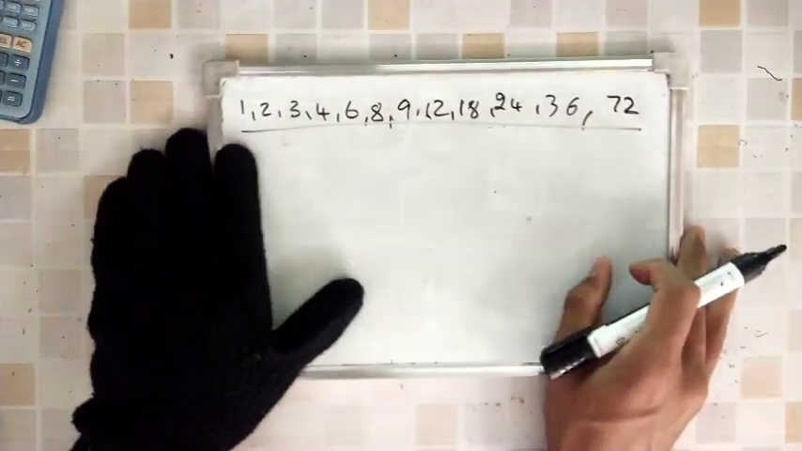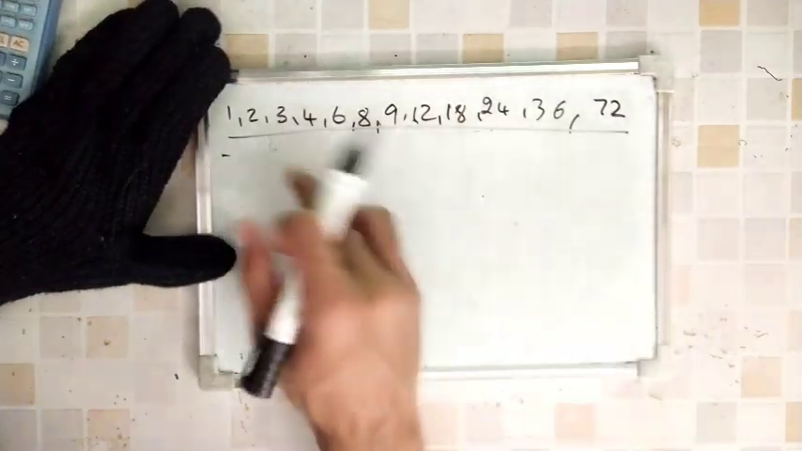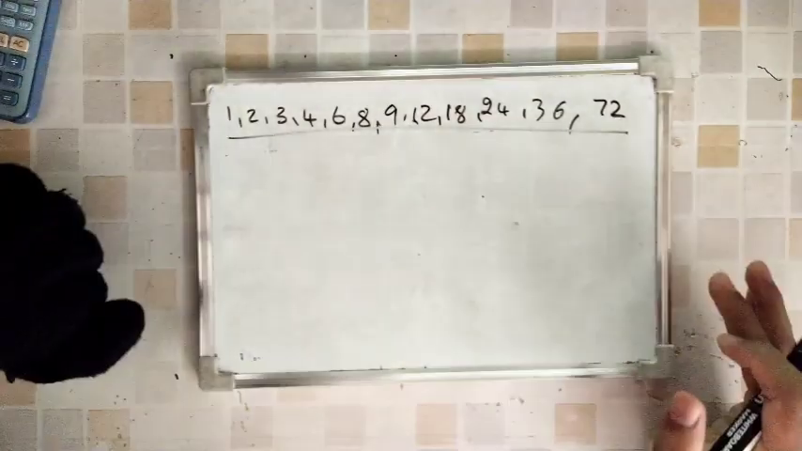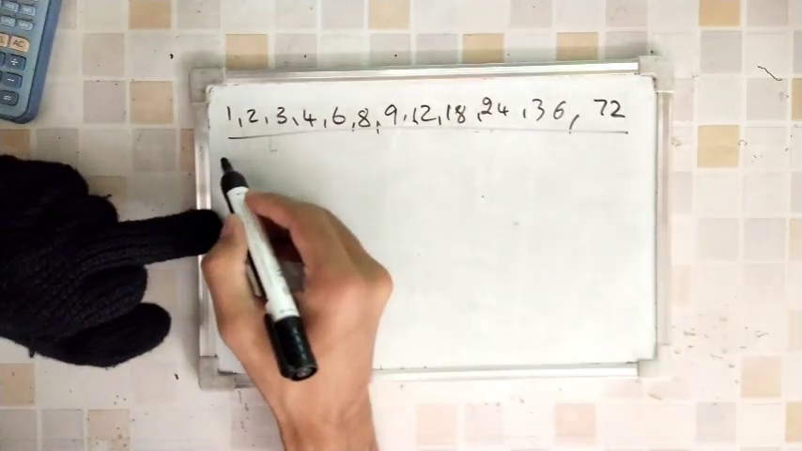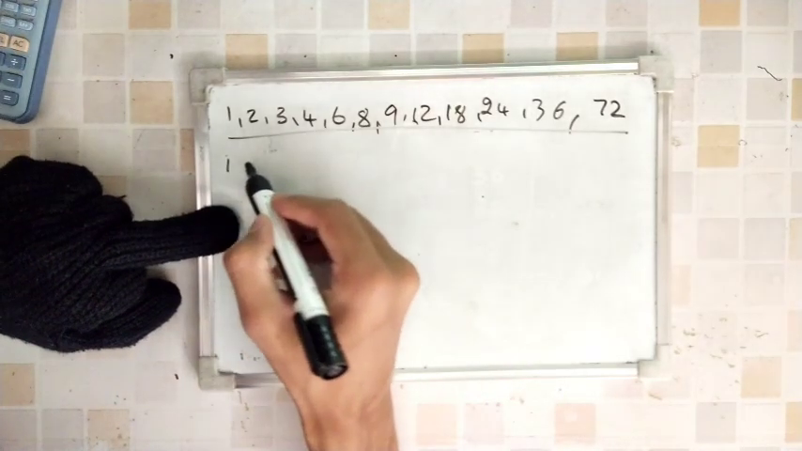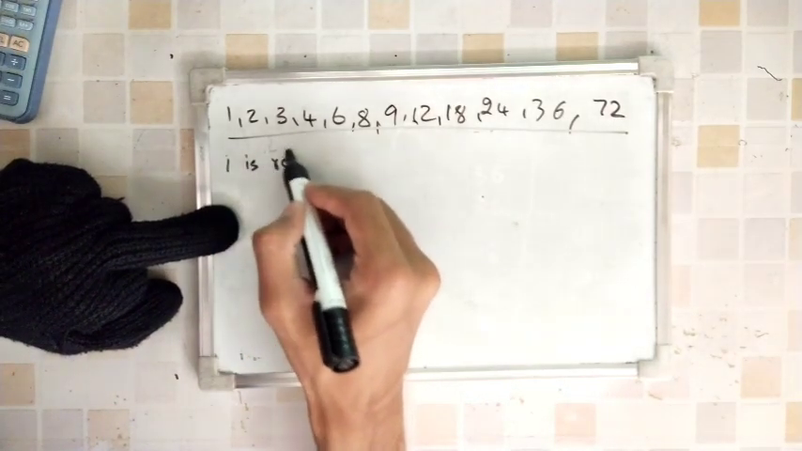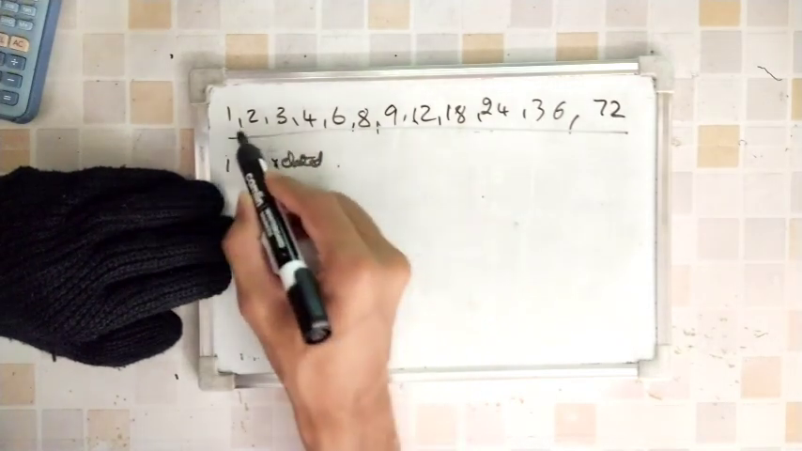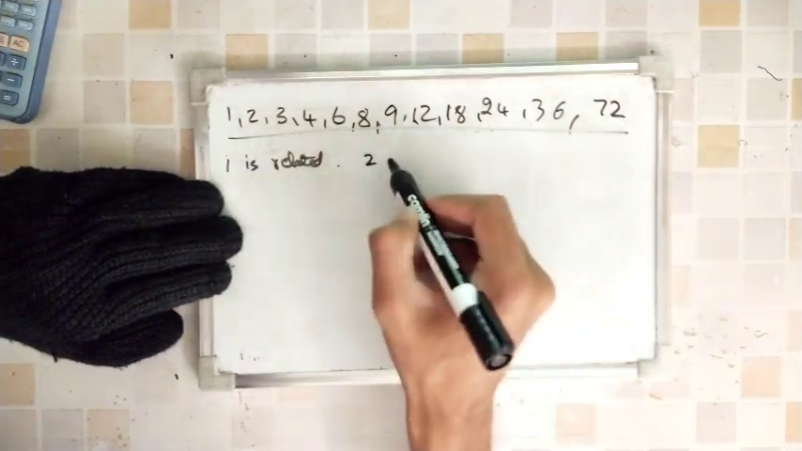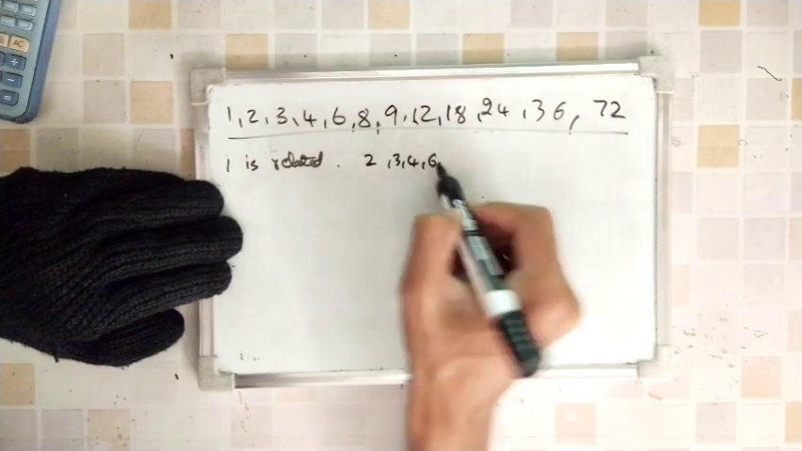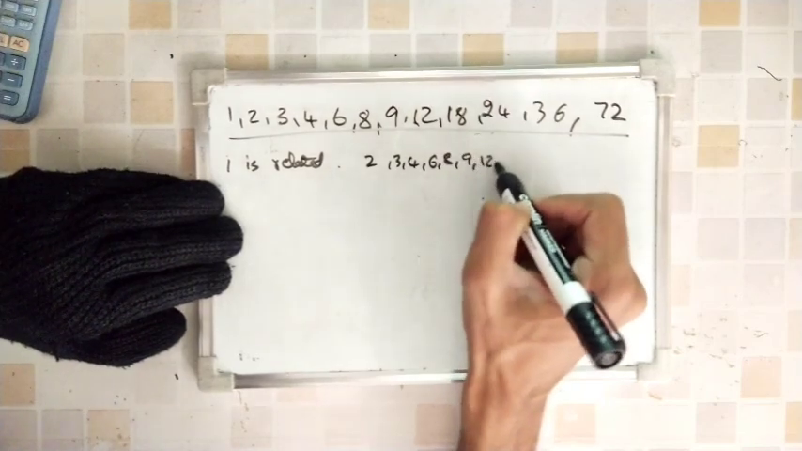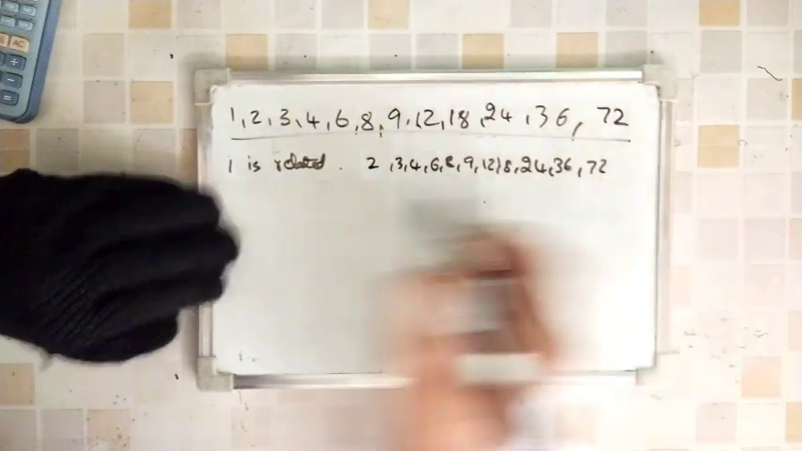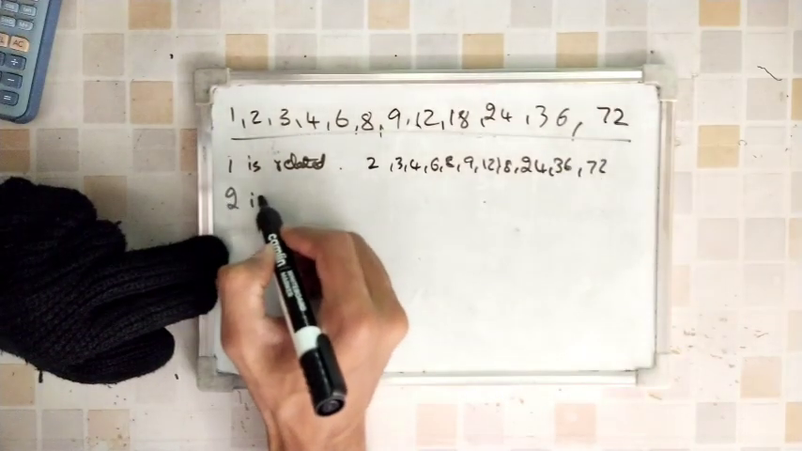But what you have to write? This question asks for 7 marks, but only this one line you will remove and draw the Hasse diagram. It won't happen. So what you have to do? You have to write in theory that 1 is related to all these numbers: 2, 3, 4, 6, 8, 9, 12, 18, 24, 36, 72. Then 2 is related to